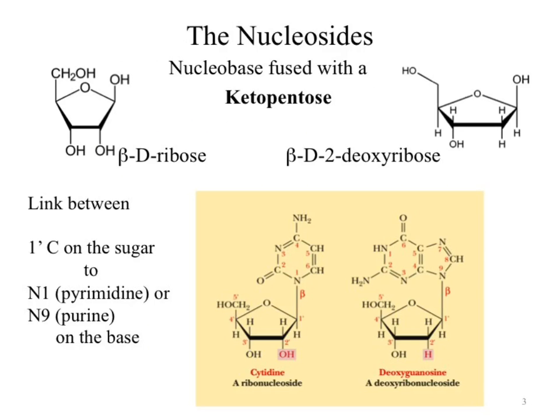We can then scale these up to nucleosides. So a nucleoside is now taking a nucleobase and bonding it to a ketopentose. The most common ketopentose used is a ribose. If we think back to our carbohydrate chapter, it's a keto because we're looking at the ketone functionality, or pent for our 5, and the os was ultimately just saying it was our sugar, or our carbohydrate, so our ketone for our ketone functionality. So that if we pull these out,